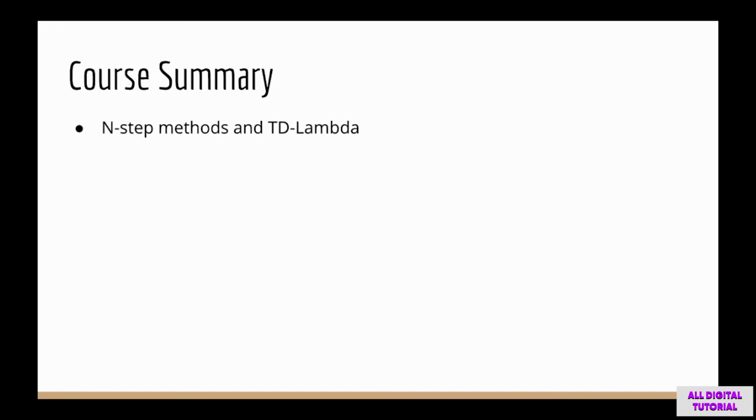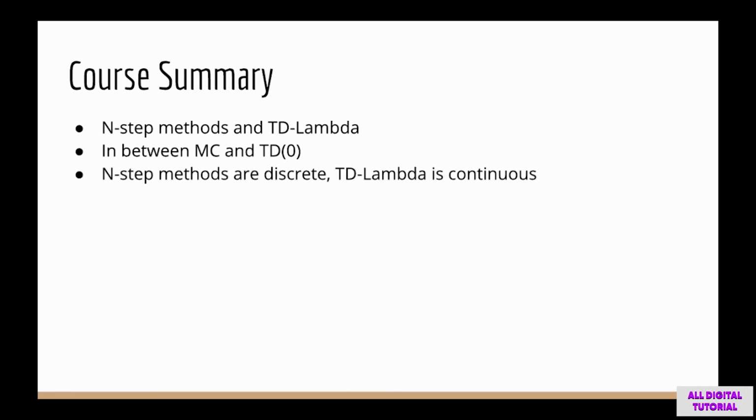Next, we looked at n-step methods and TD lambda. We saw how these are both ways we can do something that's kind of in between Monte Carlo and TD learning. Whereas n-step methods are discrete, the lambda in TD lambda is continuous and between 0 and 1. Now, of course, there's nothing that makes these better or worse than the existing reinforcement learning methods we learned about. They are just new hyperparameters to be chosen.